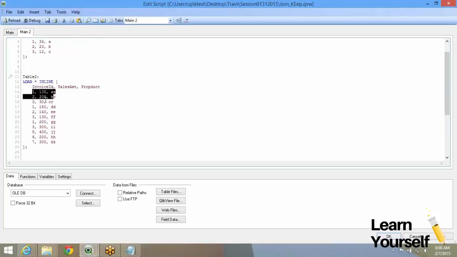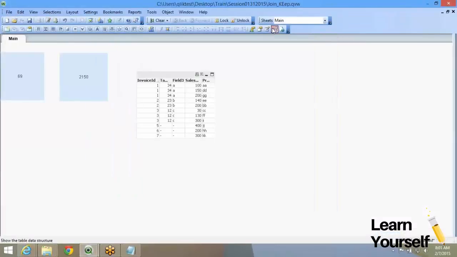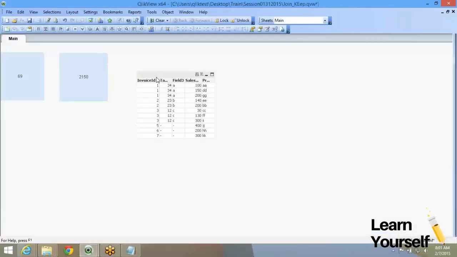One invoice can have multiple products. So if you look at this, 100, 150, 200, it has 3 products with various sales amounts. Now, in QlikView it is simple, right? We don't do much. All we do is we load these 2 tables. These 2 tables get linked. I straight away go ahead and put up a chart asking how much is the sales